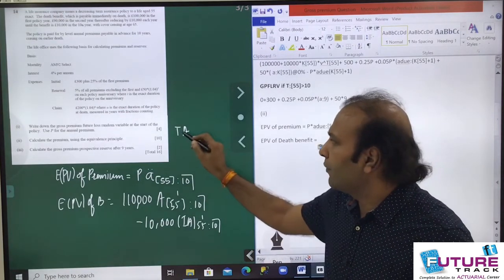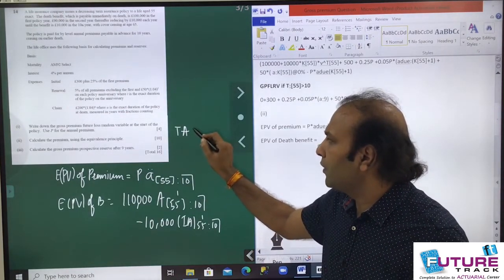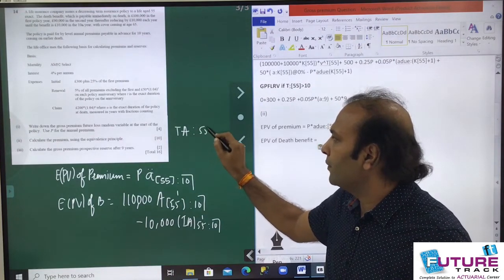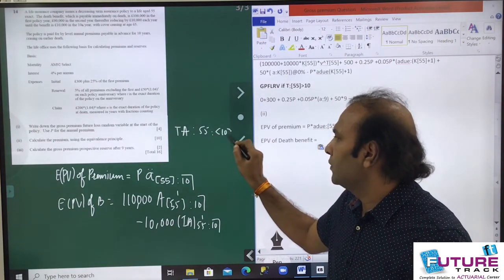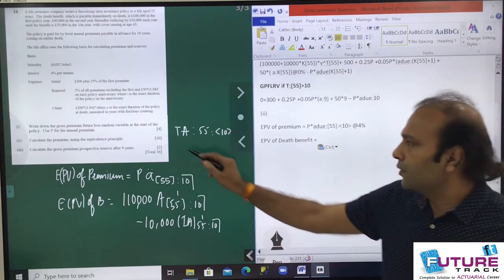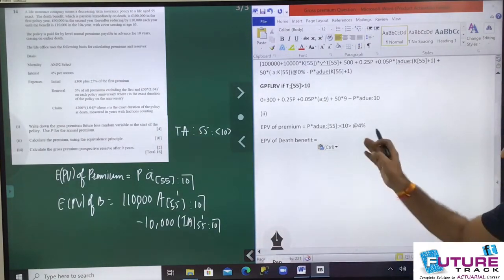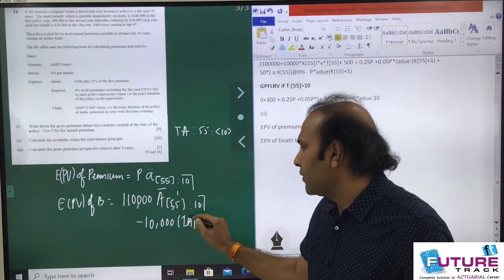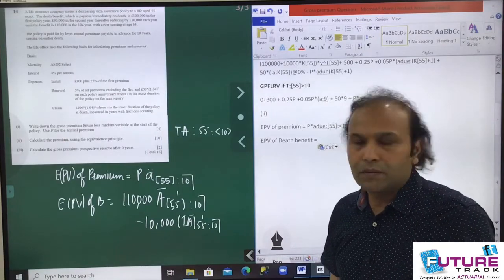And for term we have to write TA in case of word, so that we can find out TA colon double colon 55, and this is in the greater than less than sign. So remember this in the term part. Fine. So let's see how to write. Sorry, the benefit is given immediately, so that we are having a bar also.